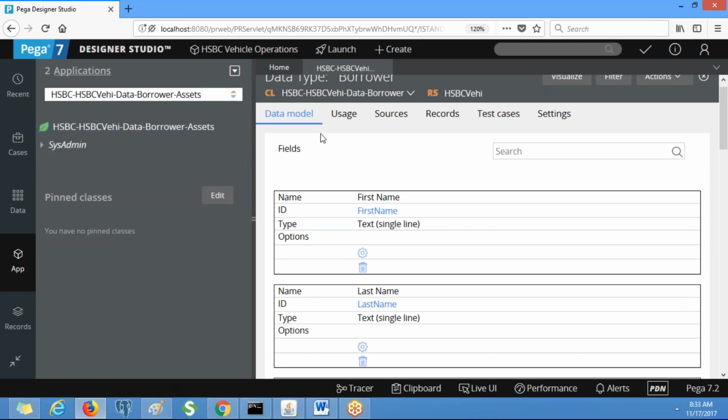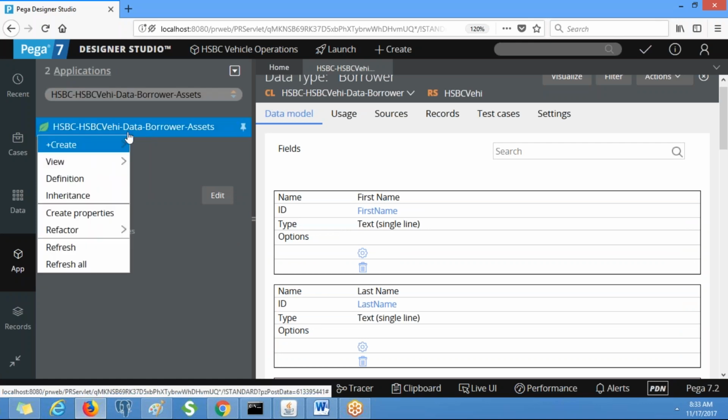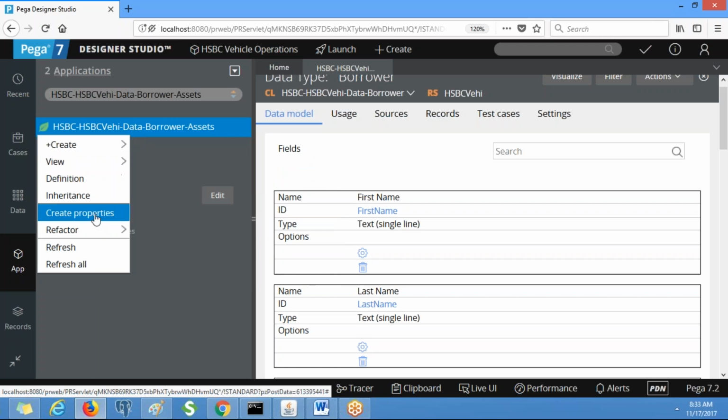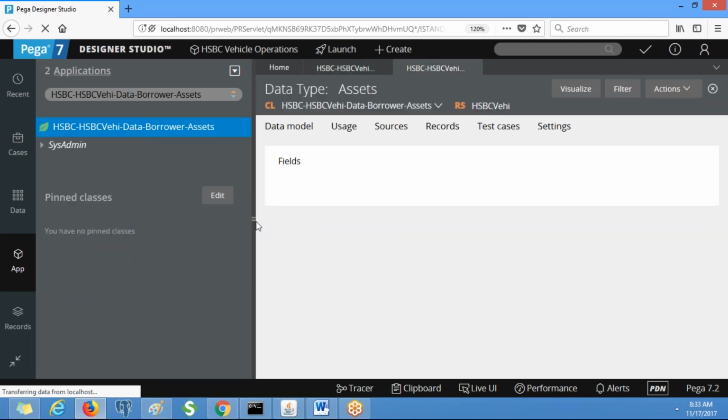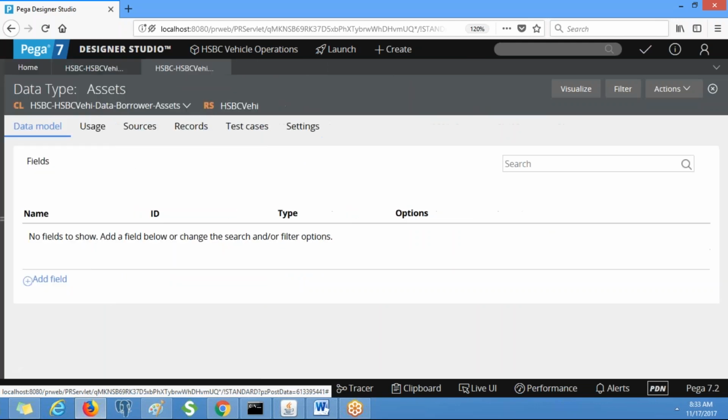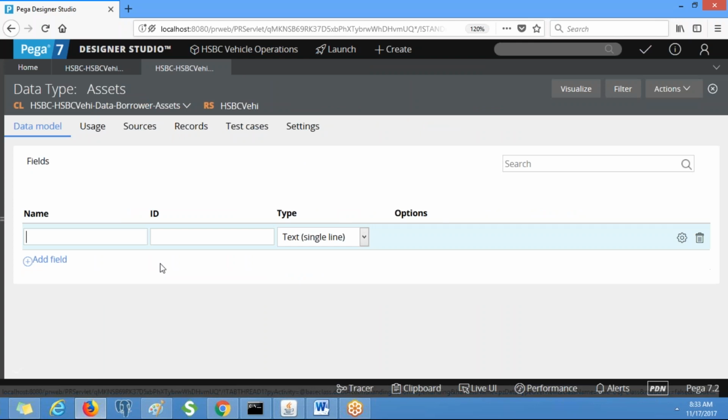Now we need to enter the properties called asset type and asset value. You can create the properties in two ways: right click on the class data model property, otherwise directly create properties. This is the wizard, where you can enter multiple properties.